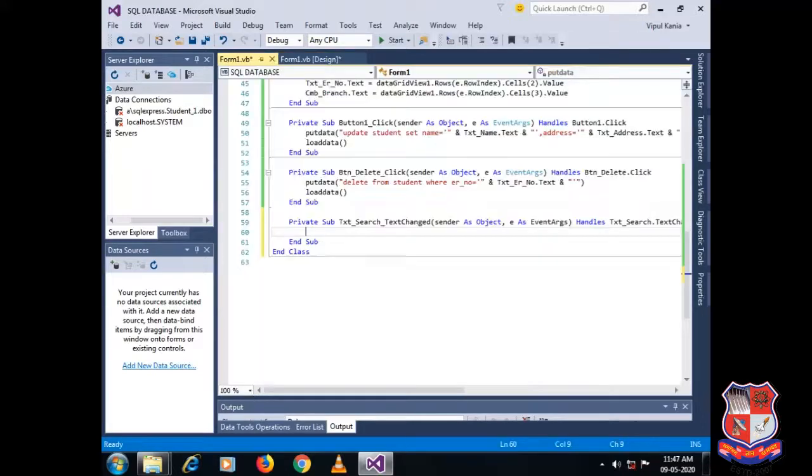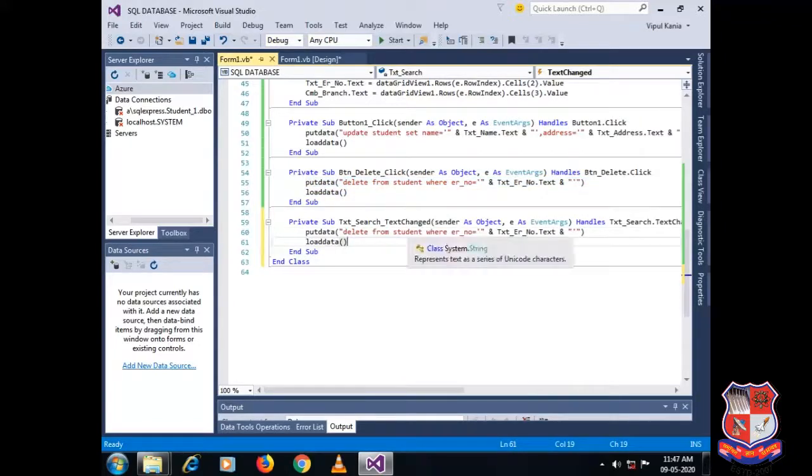Now we would like to perform the search operation. For that also, I will write the same thing, but over here, as soon as I write something in the text box control, the data should be filtered out, right? So for that, I need to use wildcard characters, and I'm going to search the record with the help of enrollment number, because that is the only primary key attribute, right?